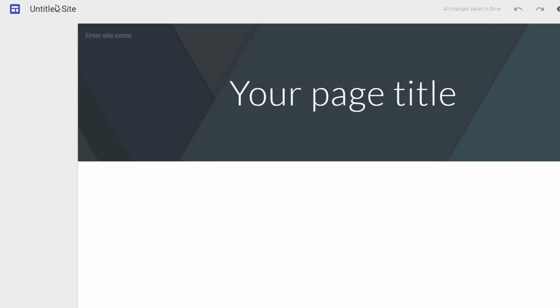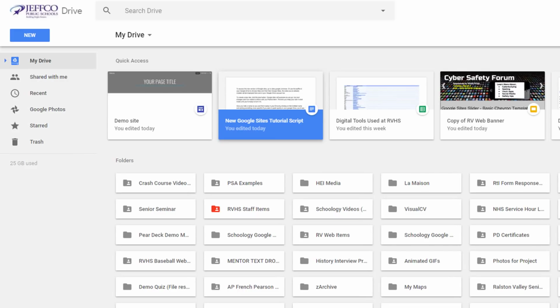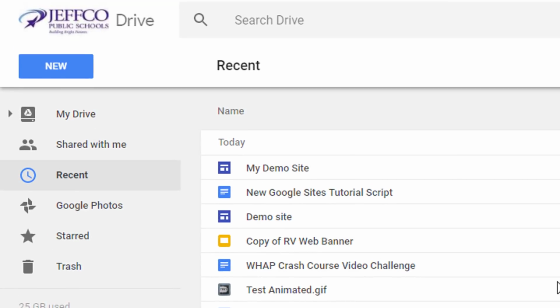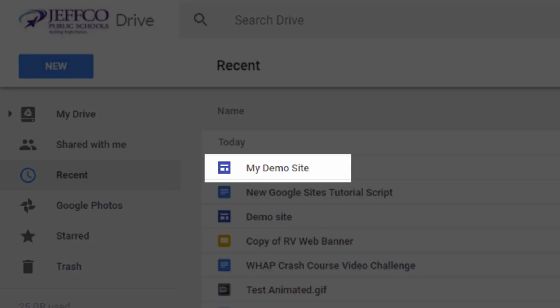Give your site a name so you can find it easily in your Drive by clicking where it says Untitled and changing that to something more specific. If you were to peek quickly in your Google Drive, you would see your site already available in Recent. And accessing your site from your Drive is a quick and easy way to locate it when you are ready